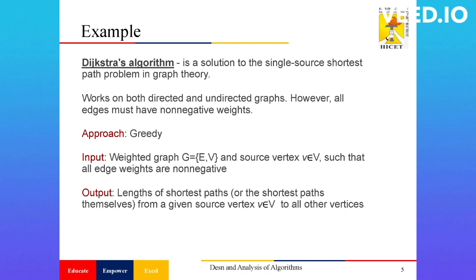So generally the graph is of two types. One is a directed graph and another is called an undirected graph. If there is an arrow on the edges, it is called directed. If it is cyclic as well as acyclic, then it is called an undirected graph. So here we are following the greedy approach. So the input is a weighted graph which consists of a set of vertices and edges. It is denoted by capital G equal to (E, V), the set of edges and vertices. So the output is we are finding the shortest path from the origin vertex to all other vertices in the